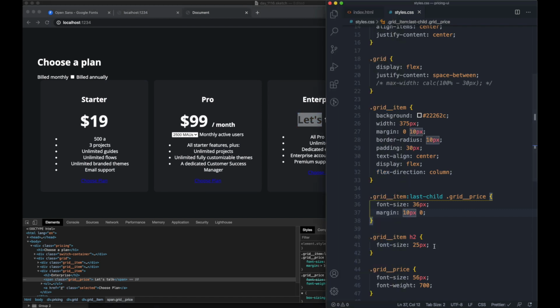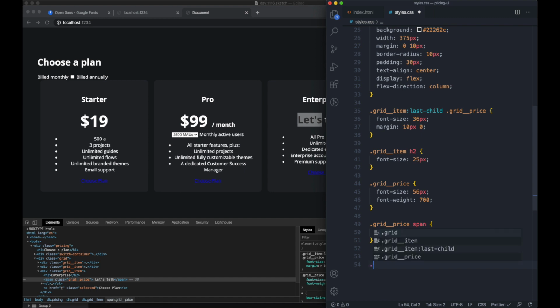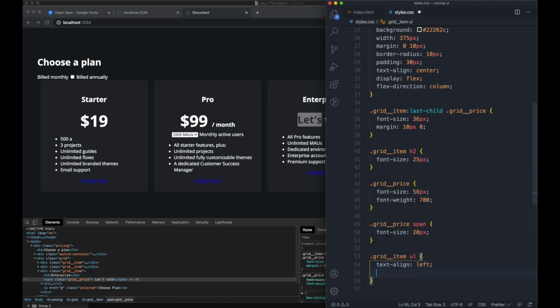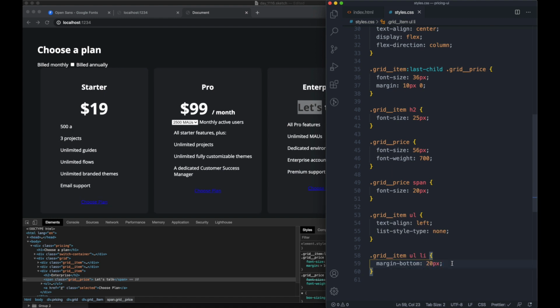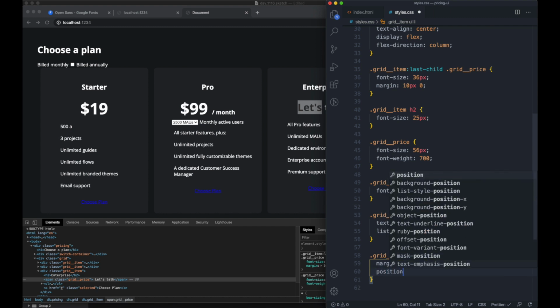Then what we want to do is target the UL. So we can do dot grid_item UL. Let's do text align left, and let's do list style type none. So that gets rid of the bullet points. Then we can actually target the LI now. So we can do dot grid item UL LI, and let's give this a margin bottom of 20 pixels to space it out a bit, and let's make this relative,